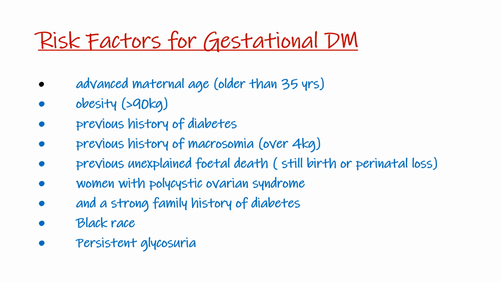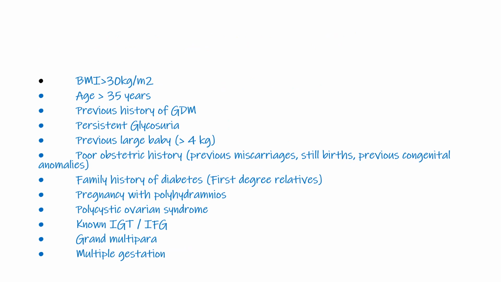This is presence of glucose in urine. So this is just addition of what we have repeated. As I said, obesity is defined when we have a BMI of greater than 30, age greater than 35, previous history of gestational diabetes, persistent glycosuria, previous history of a big baby, poor obstetric history, so we say stillbirth, perinatal loss, previous miscarriages, previous congenital anomaly, family history of diabetes, especially first degree relatives, previous history of